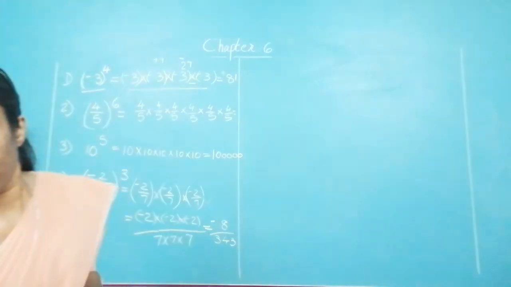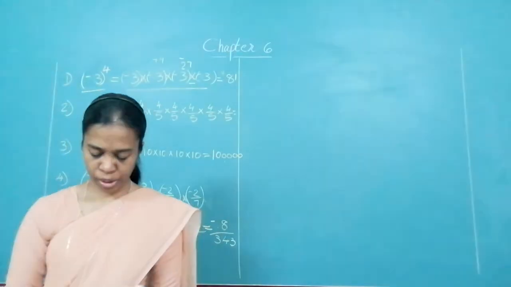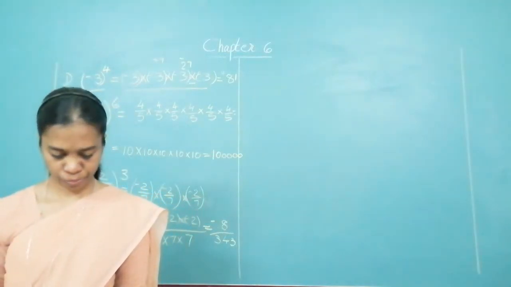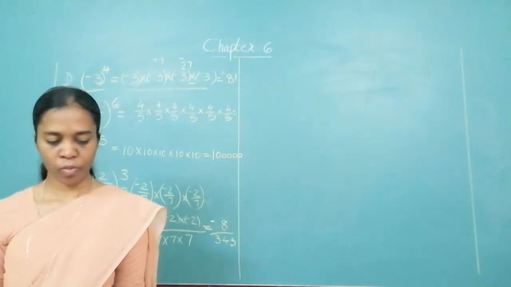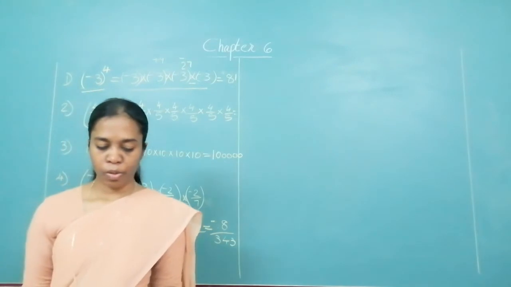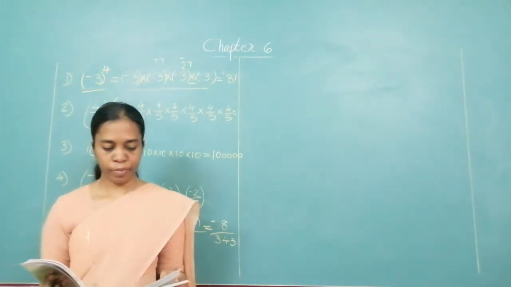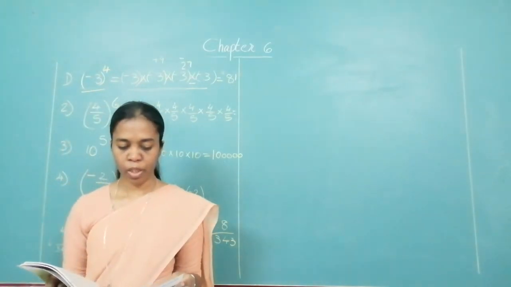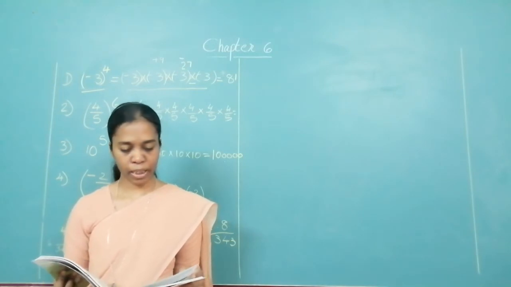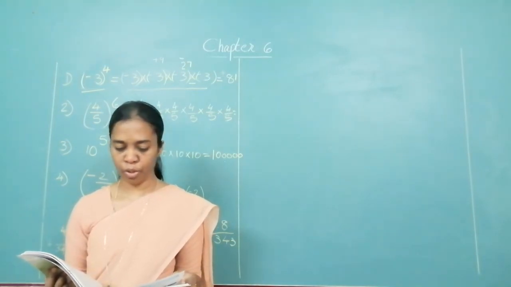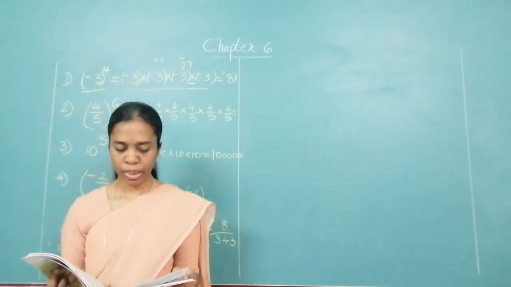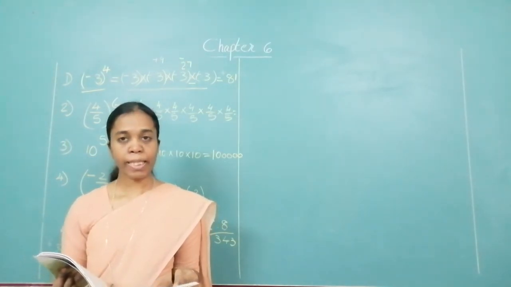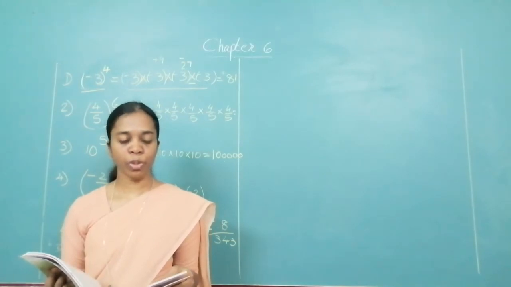Okay. Please take your page number 44. You have practice set 26 given over there. A table is given to you over there. The first one, 3 raised to 4. Base is 3. Index is 4. Multiplication form, value. And the next, second one, 16 raised to 3.